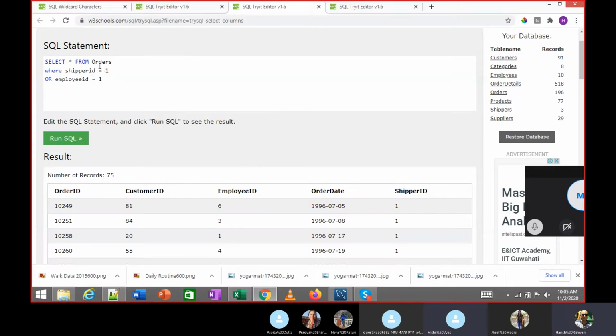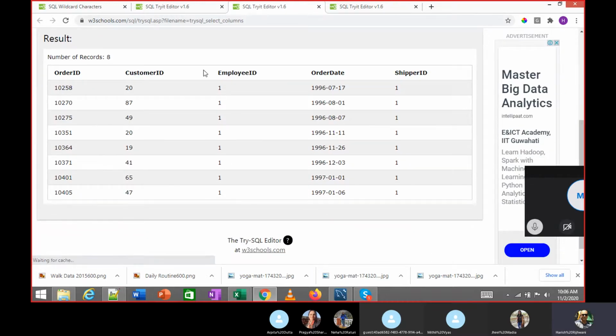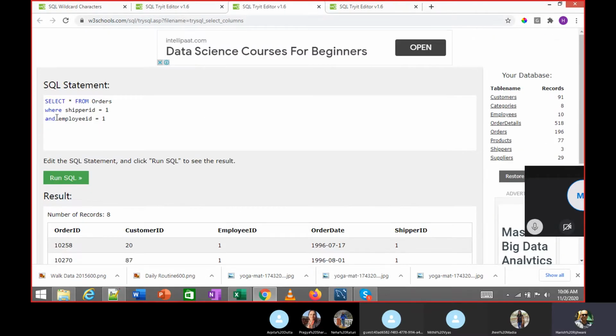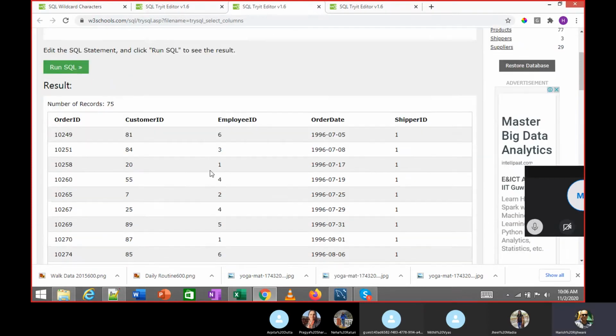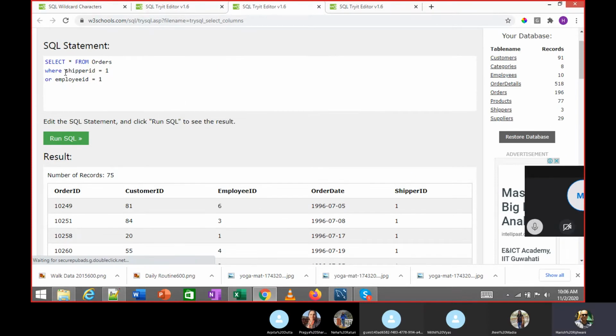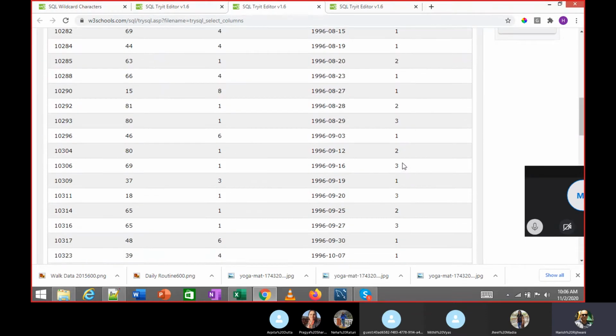In this case, when I'm putting OR, I will get records where shipper ID is equal to 1 or employee ID is equal to 1. Earlier, when we had AND, you get only these 8 records. When I change this AND to an OR, you'll notice the first condition is where shipper ID is equal to 1.